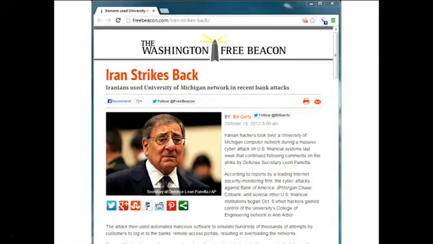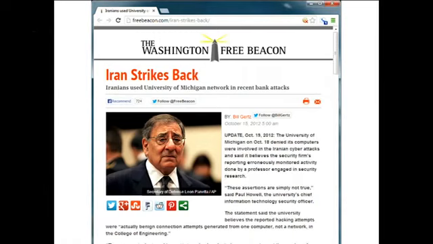There were several things wrong with this story. It wasn't Iranian hackers, it was Zakir, my student. So we got them to run a little bit of a statement from us saying, no, this isn't accurate, but they say their expert stands behind their assertion that this was Iranian attackers.